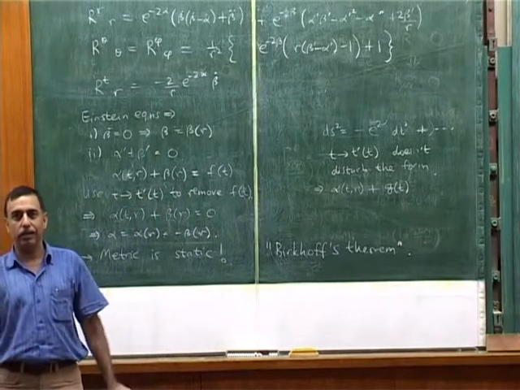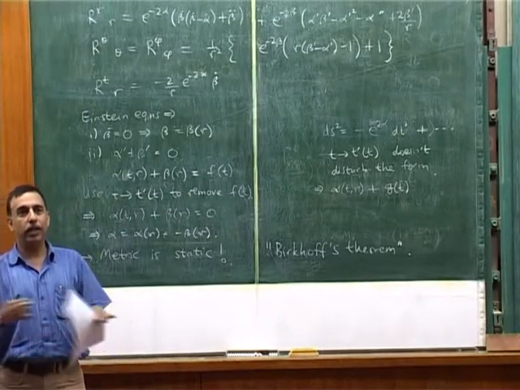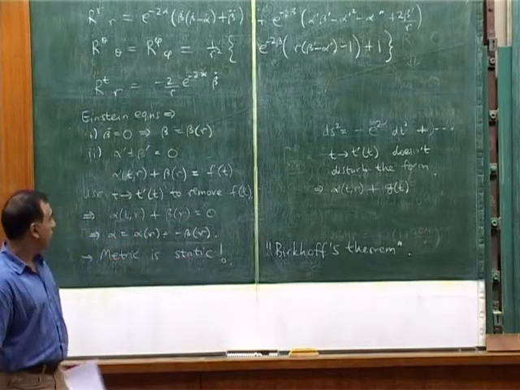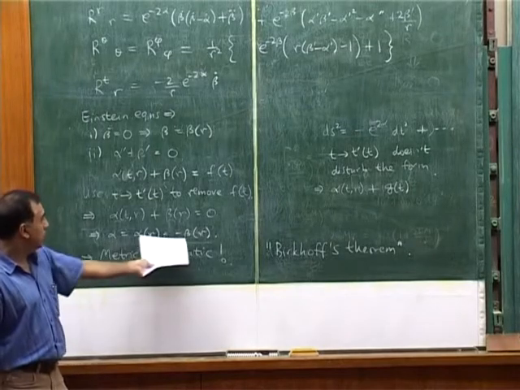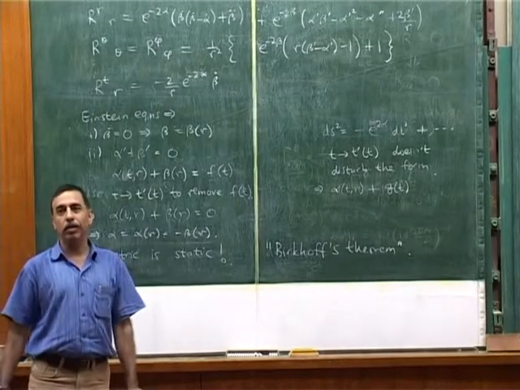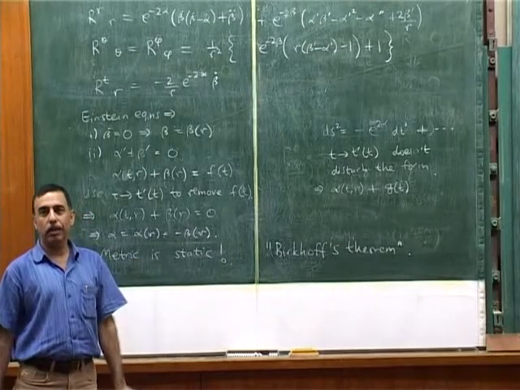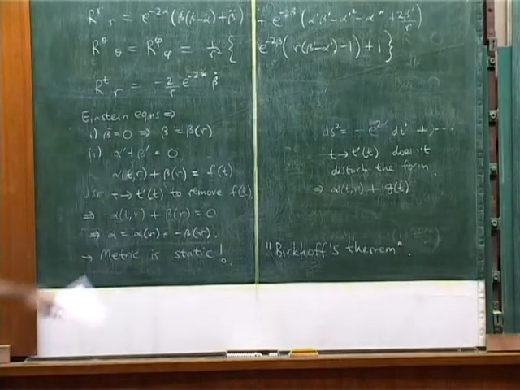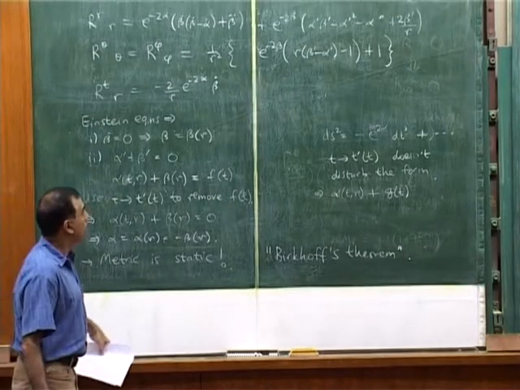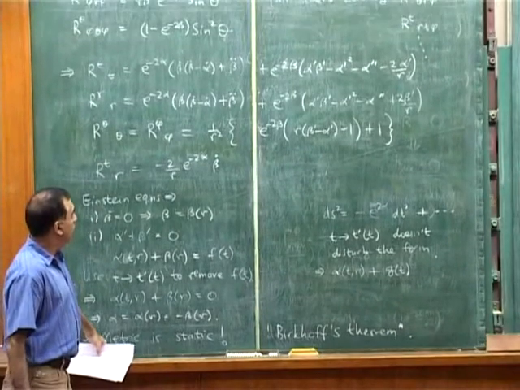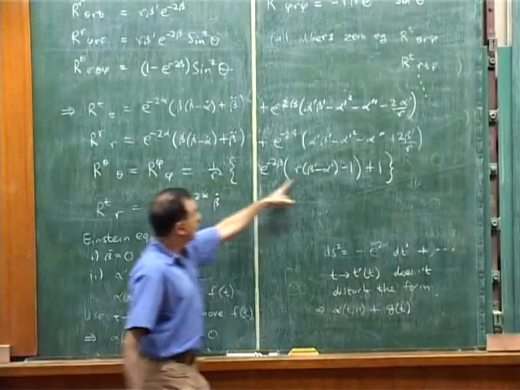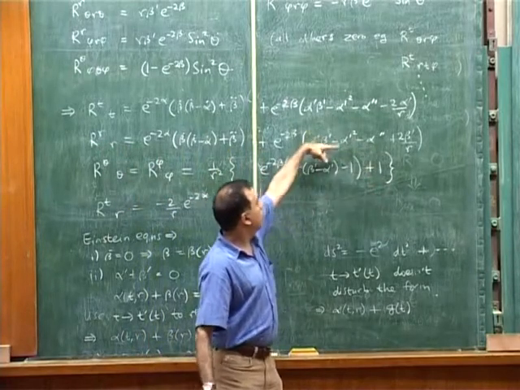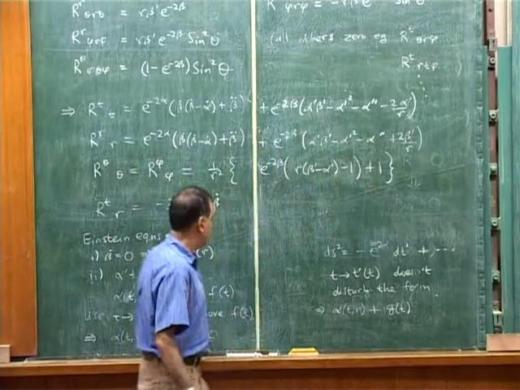And if you want to see the exact statement, some books prove it separately and do the rest of the things separately, but I've tried to do it together, and we finally reduced ourselves now to a metric where we only have to determine one function of one variable, alpha of r, and we are done. How are we going to determine that? Well, we have plenty of equations still available. Actually, it turns out we have two equations still available and they turn out to be the same. We haven't used this equation, we are going to use it now. Alternatively, we could use some other linear combination of the previous equations, but it would give the same result.